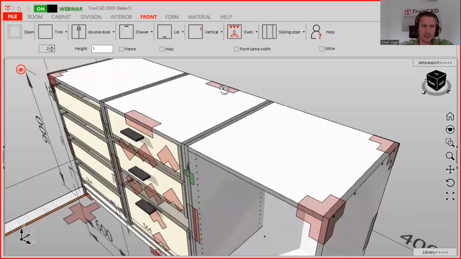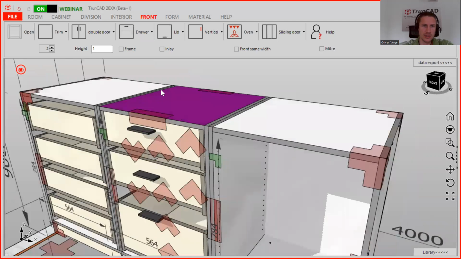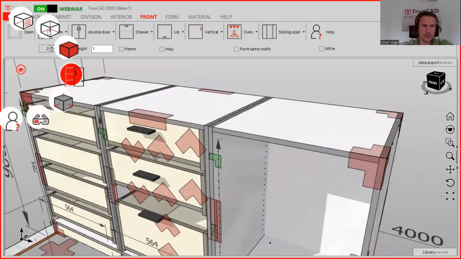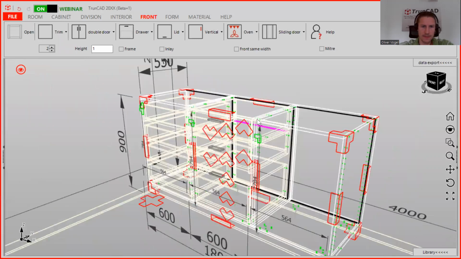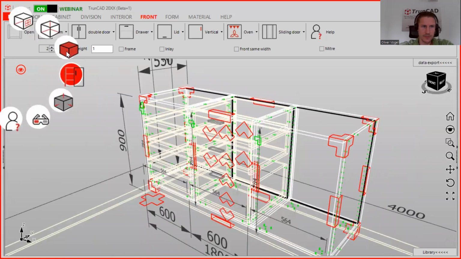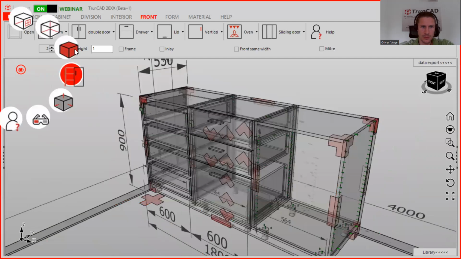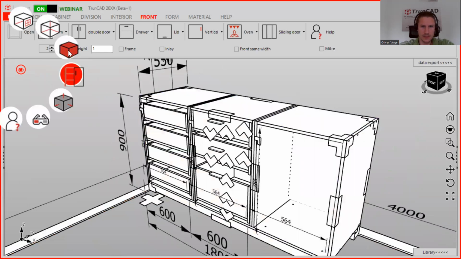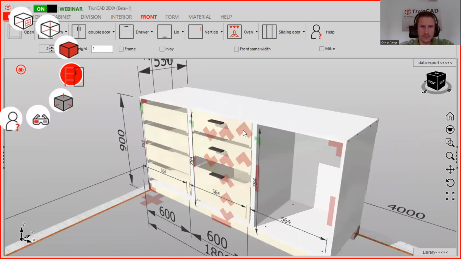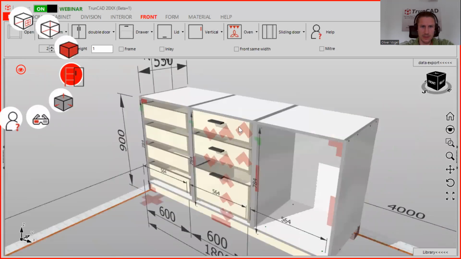Then you can change it. We will go here to the wireframe. You see here it's going through. So when you delete this one, the first one here, then you can